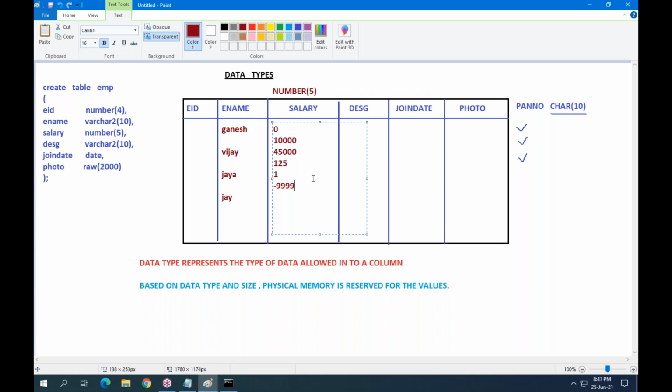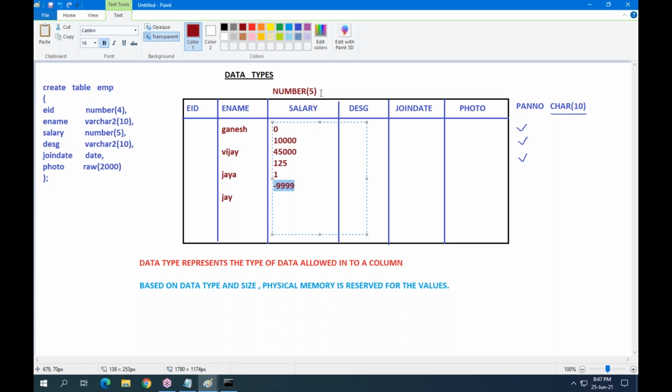Of course, according to your business, a negative salary is invalid, but according to the data type, it is valid. What is 5? A 5-digit length value.